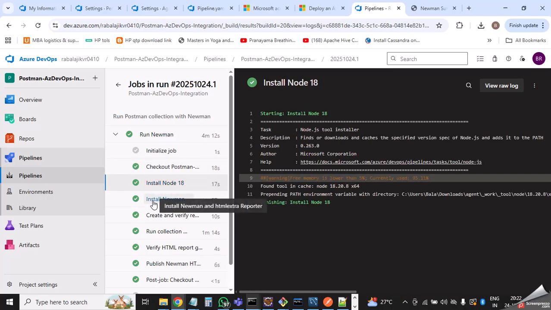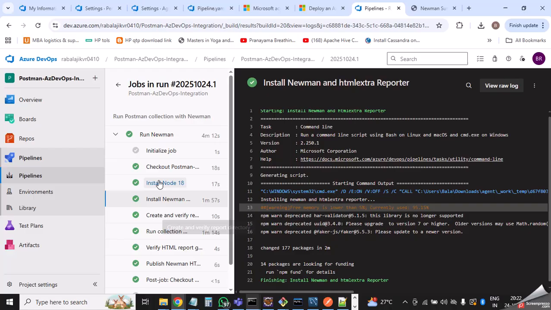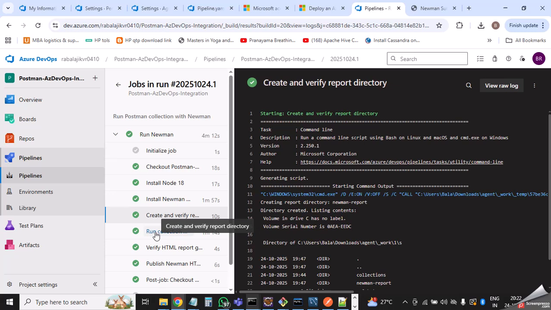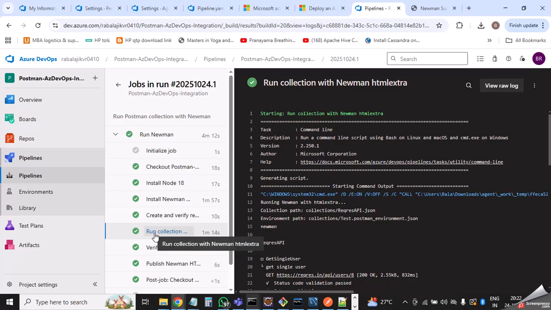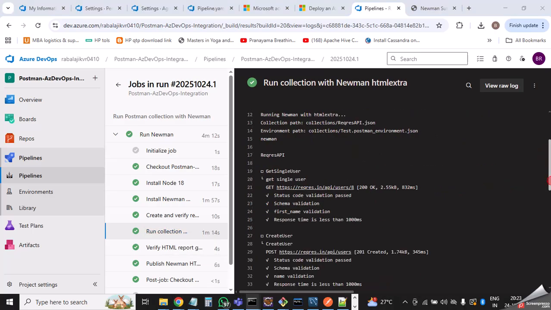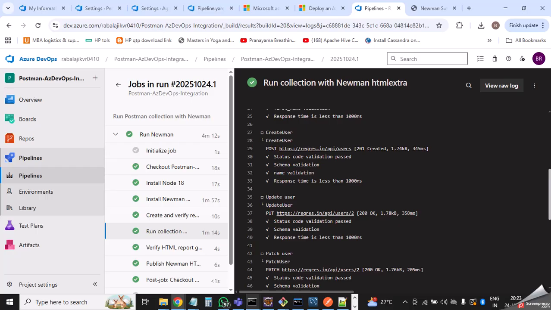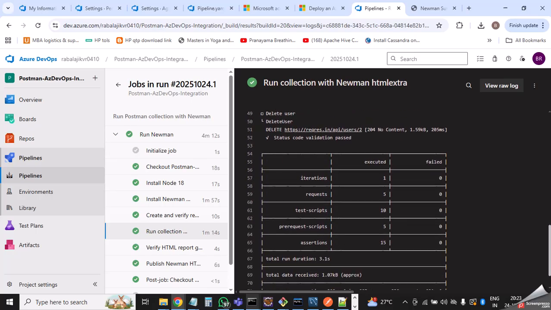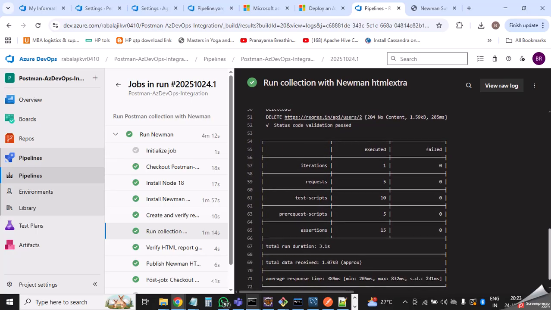This is for the Node.js installation part, and the next one is for the Newman and the Newman HTML reporter installation. This is for the directory creation for results file storage. Then running the collection file, and you will see that all the endpoints are getting executed one after the other here. And finally, the console level status is shown to you,